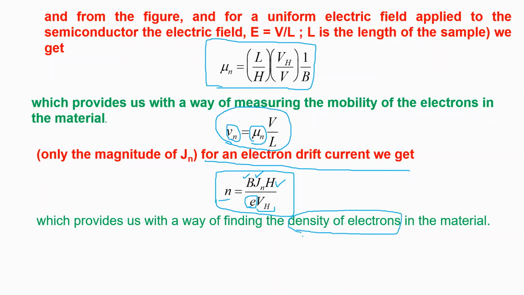So this is how we actually discussed about Hall voltage, that we can use Hall effect to know whether sample is P type or N type. We can also use Hall effect to calculate the drift velocity. We can know the mobility, and we can also know about the concentration. So this can be used to measure the mobility of the carriers inside the sample. This can be used to measure your drift velocity, and this can be used to measure the density of the electrons inside the samples. So this is the good thing about Hall effect.